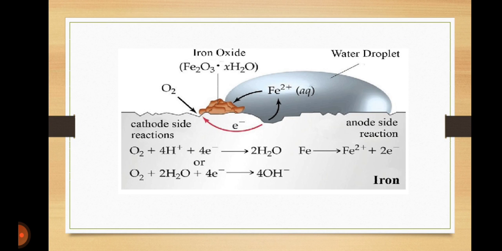Now coming towards this picture, here you can see that the surface of the iron and a droplet of surface water constitute a tiny galvanic cell in which different regions of the surface act as anode and cathode, while the electrolyte is the aqueous phase. Because the surface of the metal is irregular and the composition is non-homogeneous, iron is oxidized more in some regions, meaning the anodic regions. So as you can see, at the anode, iron is oxidized and at the cathode, water is reduced to OH-.